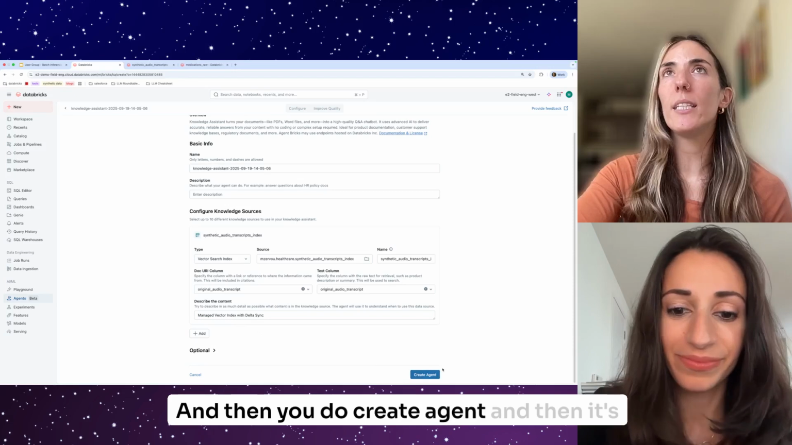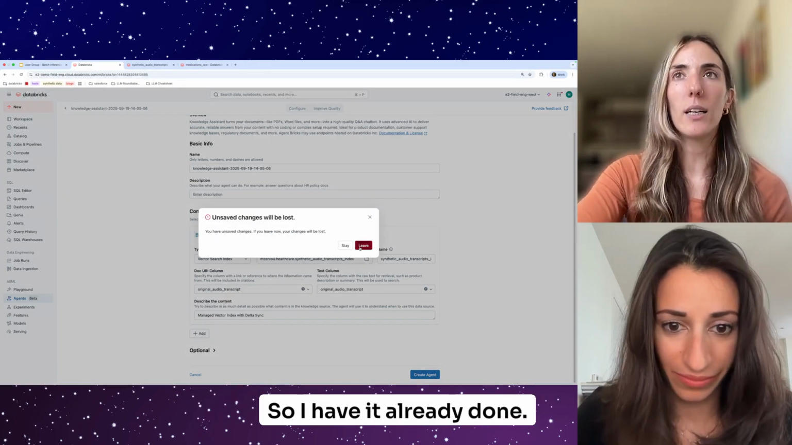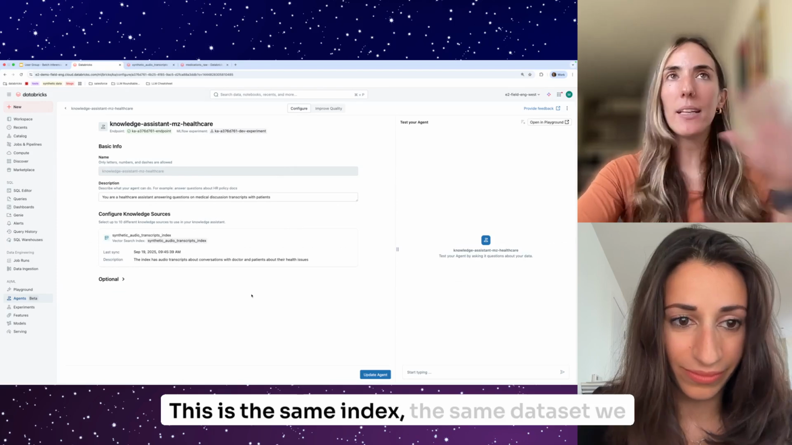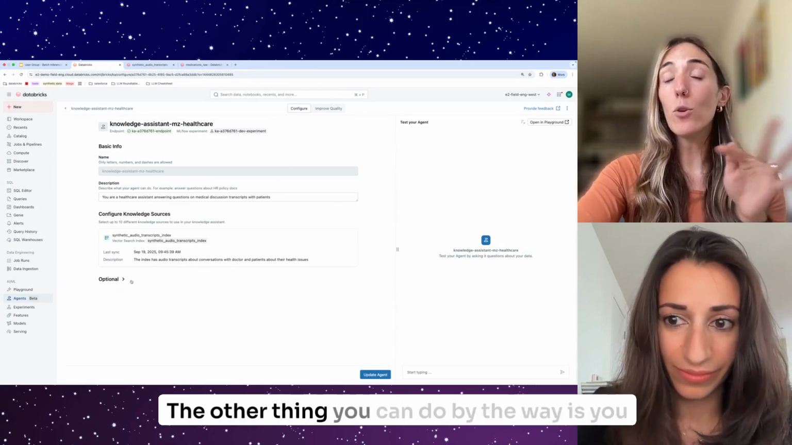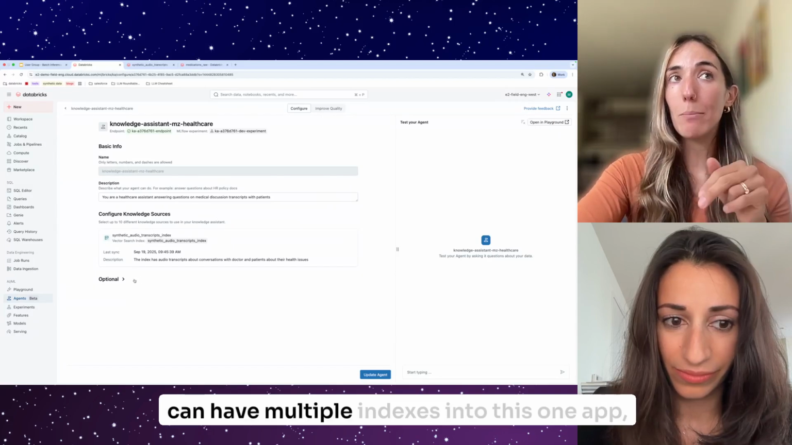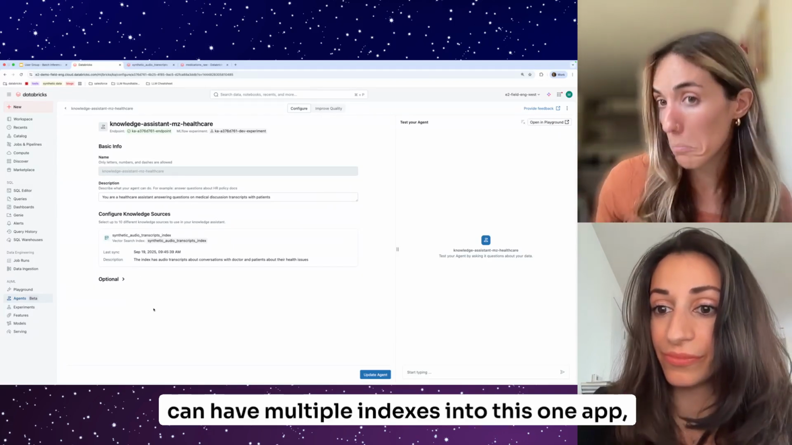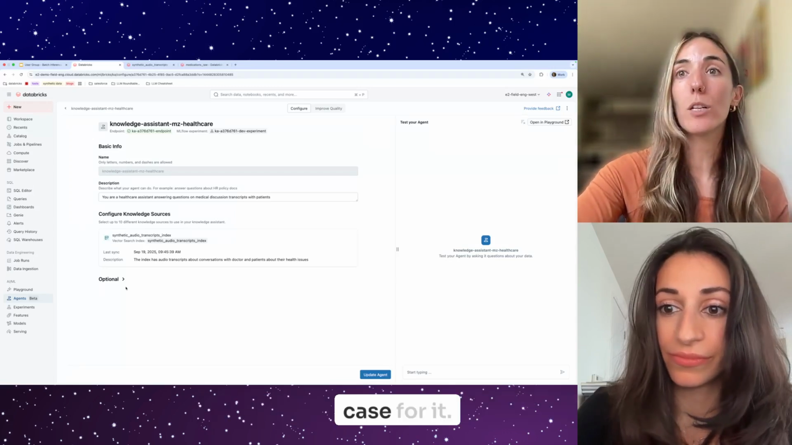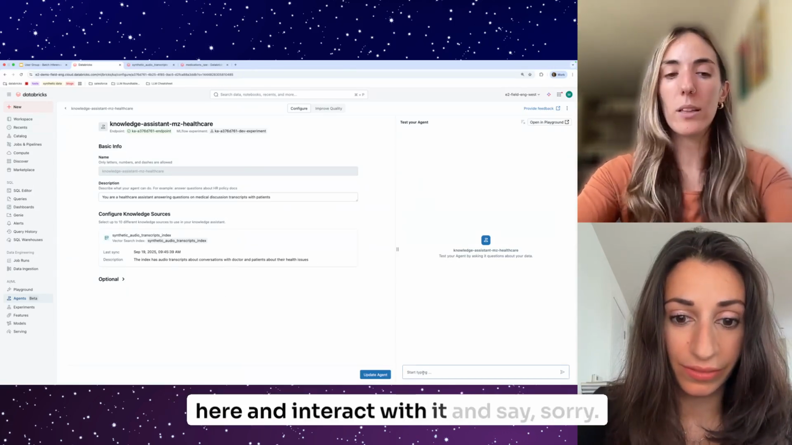And then you do create agent, and then it's going to take some time to run. So I have it already done. So this is the same index, the same data set we had before. Nothing changes. The other thing you can do, by the way, is you can have multiple indexes in this one app, if you have a use case for it. But after it has done that, you can come here and interact with it and say,